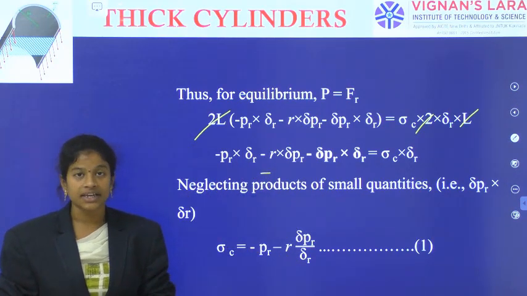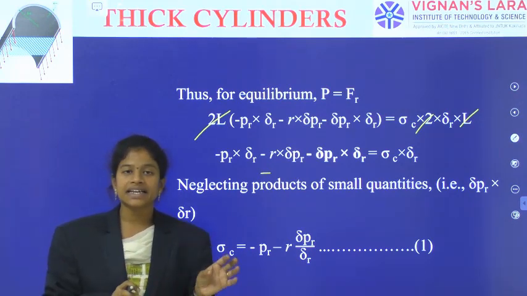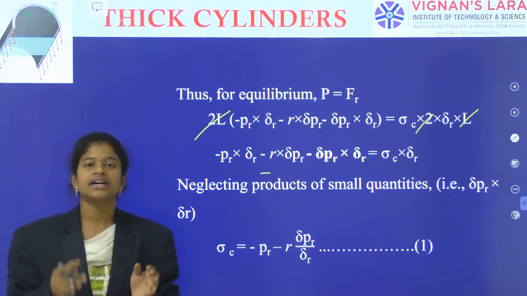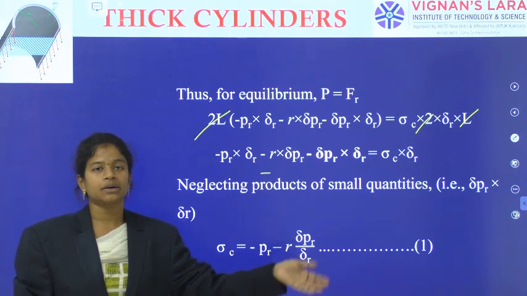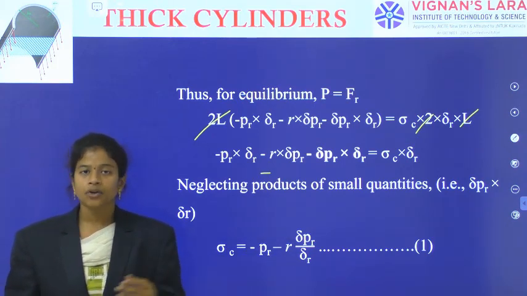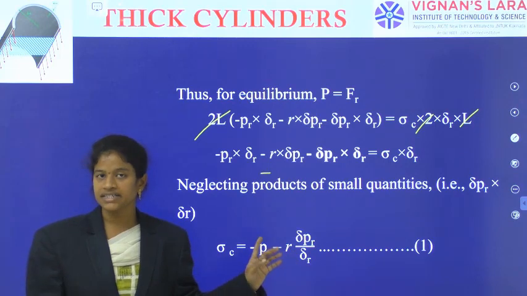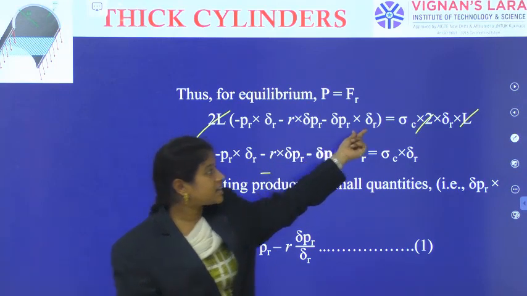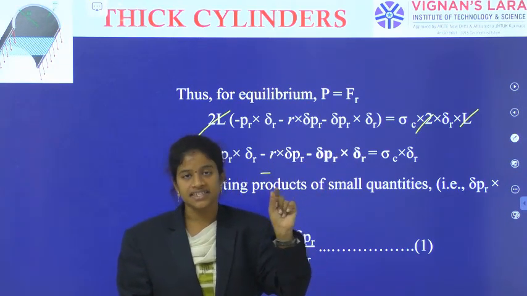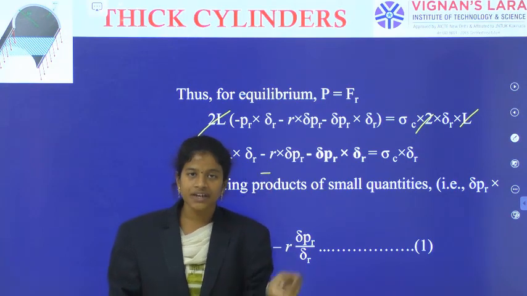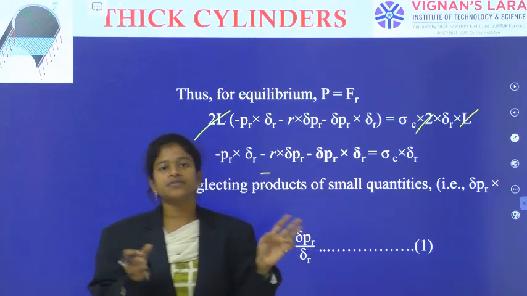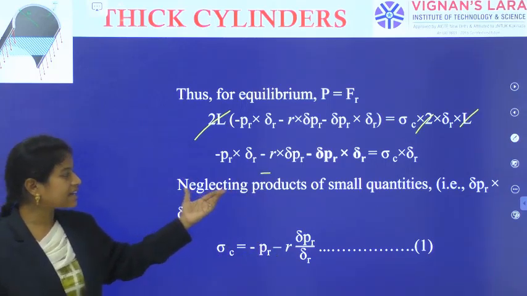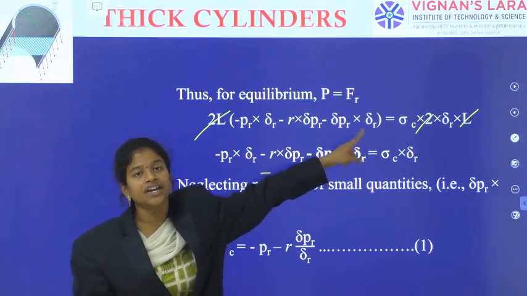Then you can say one more thing, as we have already said: when a quantity is lesser than 1, the multiplication or power causes an even lesser quantity, like 0.0001 into 0.001, it will cause an even lesser value, not a good value which is more than 1. So that is the difference. Here delta p is indicating a very small pressure. Here delta R is also indicating a small change in thickness, that delta R thickness of the ring element I am considering. So the multiplication of these two will cause an even lesser value. So I am neglecting those quantities which are very, very small, neglecting the products of the smaller quantities such as delta p into delta R.